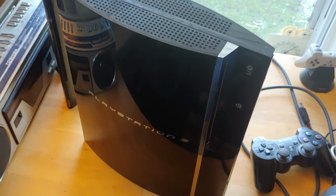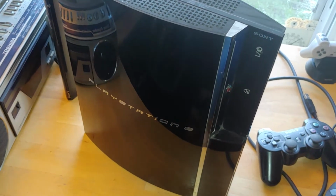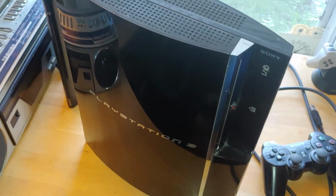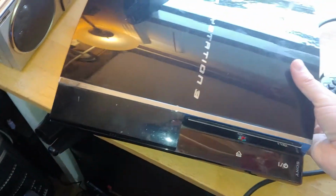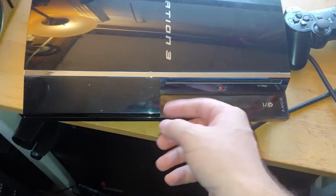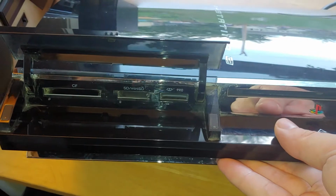So I go down to the thrift store today and I come across the old fat PS3 there, and normally I would pass because I've already got a PS3 Slim there. However, I noticed it had the shiny silver trim, and it had the media center in the front, which I liked